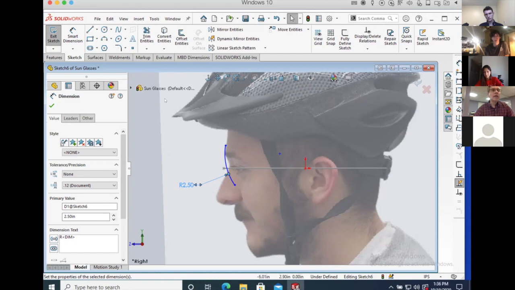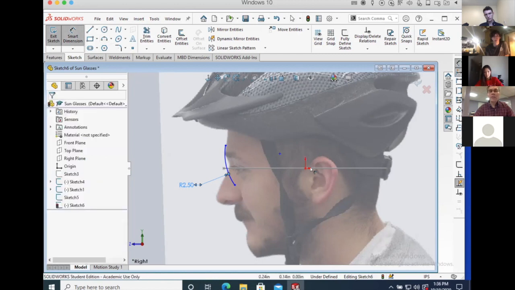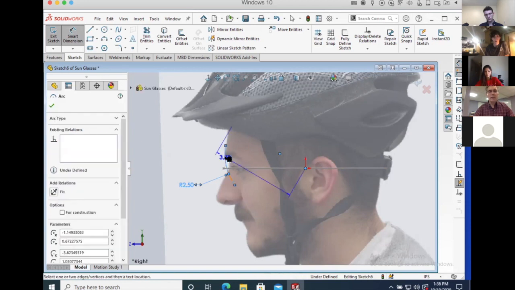Bad thing. So now it's important that I dimension, and I'm just using the origin of the file as my starting point. And then shift click. If I just click this, it'll automatically snap to center. If I shift click, it goes, well,